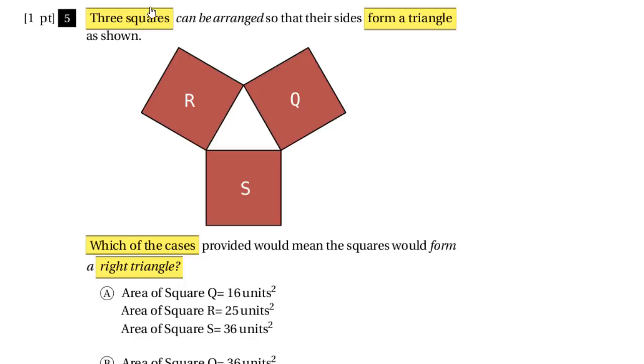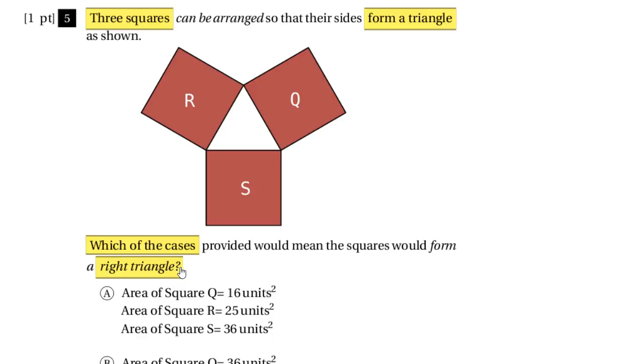In problem number 5, they're giving us a diagram that says 3 squares could be arranged so that their sides form a triangle. So they're showing that these 3 squares, R, S, and Q, are forming this white triangle. And then they ask which of the cases provided would be